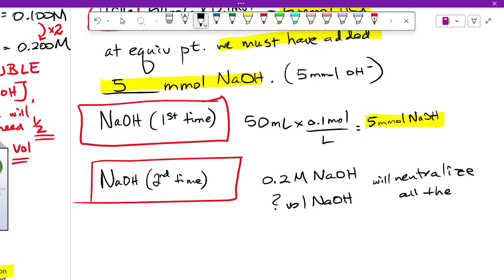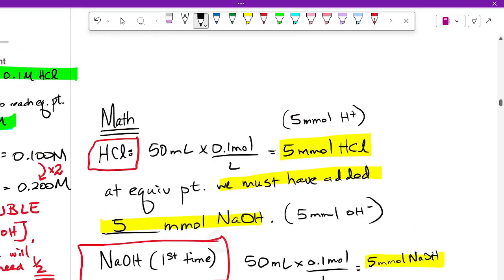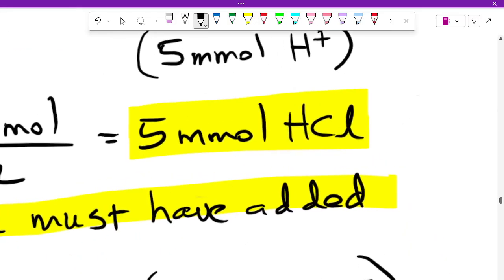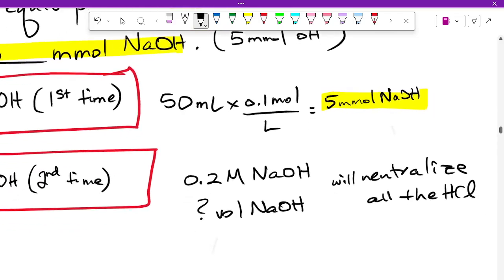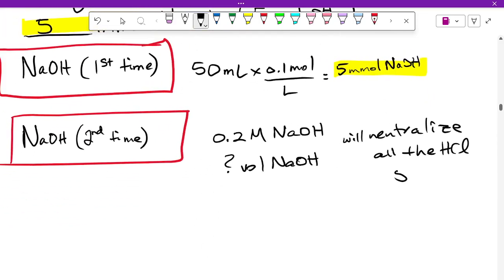How much is all the HCl? 5 millimoles. What volume of 0.2 molar NaOH will neutralize 5